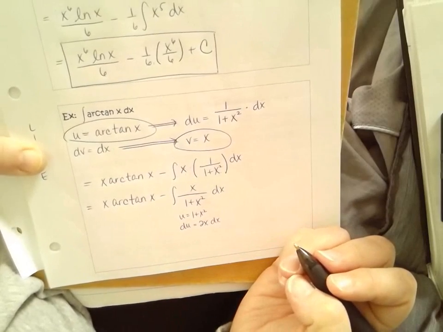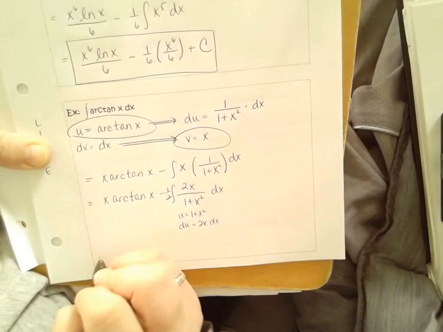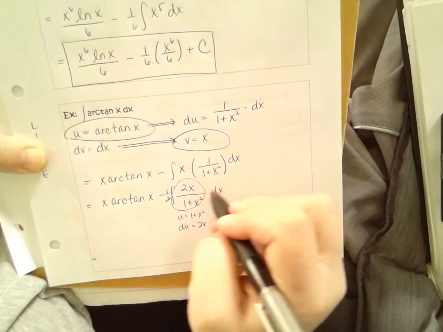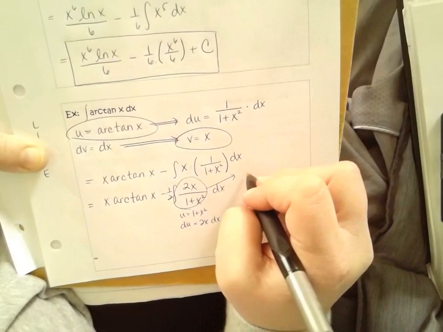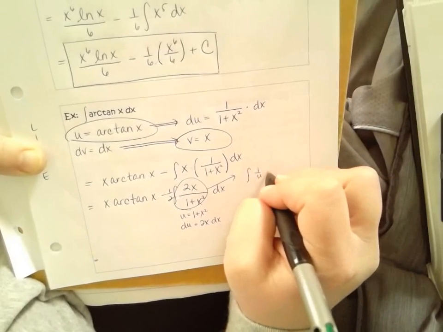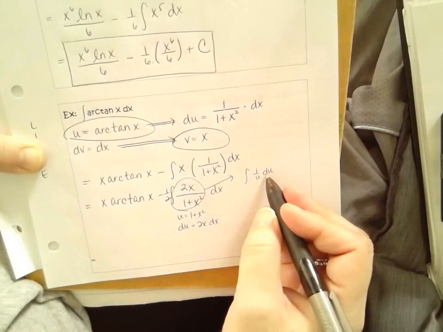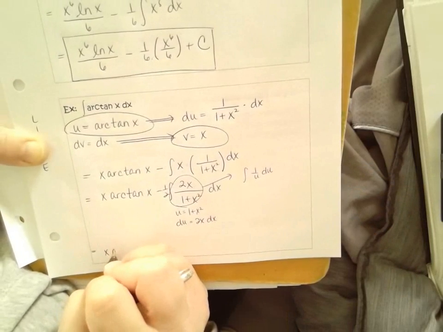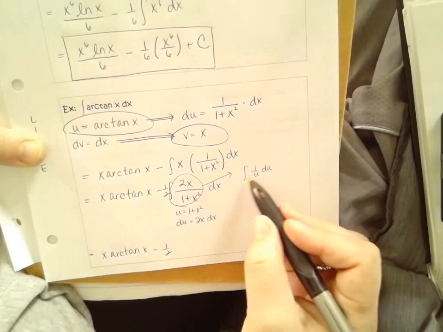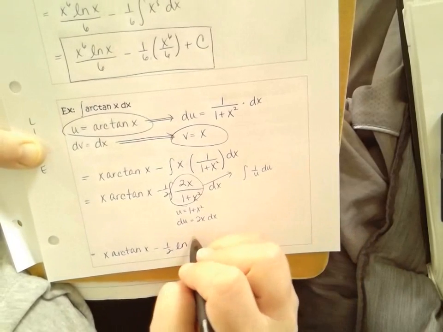A u sub that needs the balancing. So 2 goes in, 1/2 comes out. And my final answer, well, I guess I shouldn't do my final answer yet. Let me remind you that this now says, with the 1/2 out front, that part has become 1 over u du. Okay, so as I integrate that, just remember that that's where my mind is while I'm integrating. I've got x arctan of x minus 1/2 of the integral of 1 over u du, which is the natural log of u